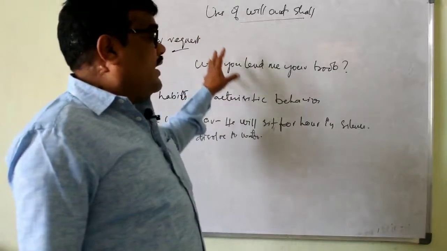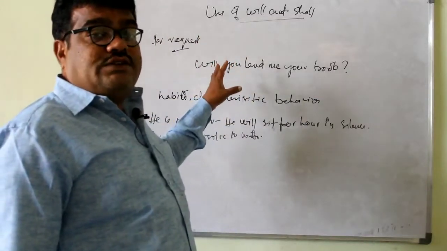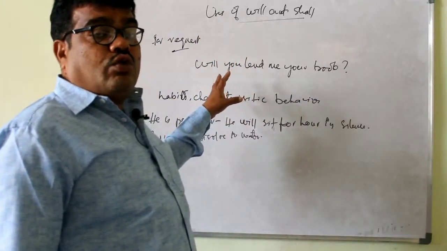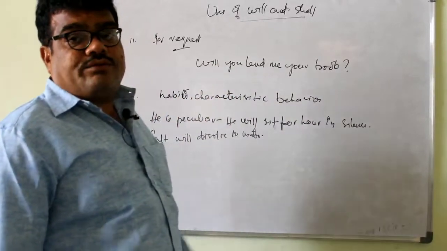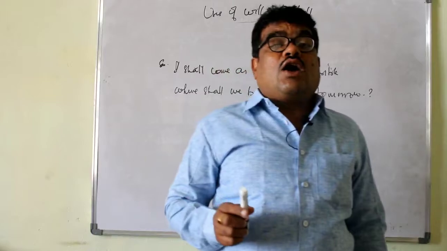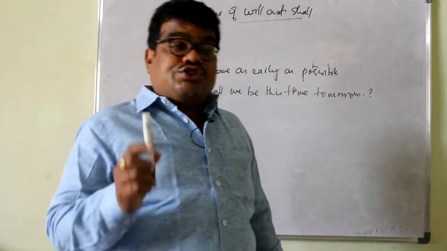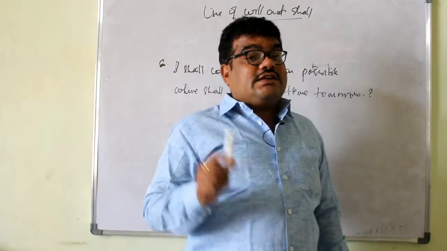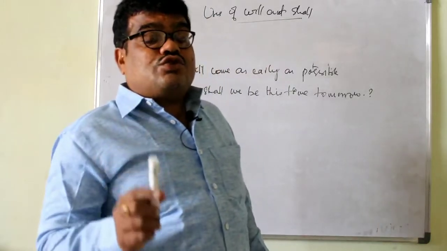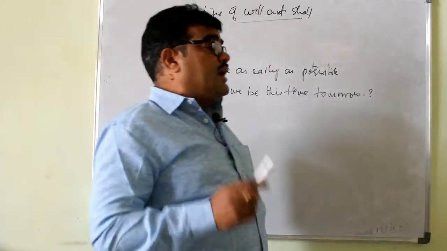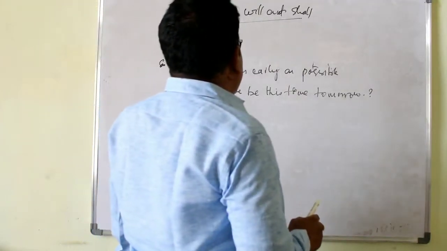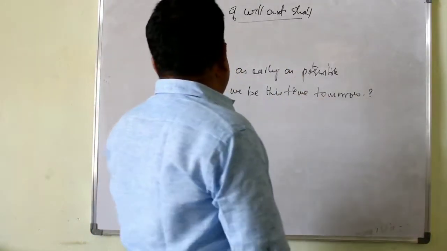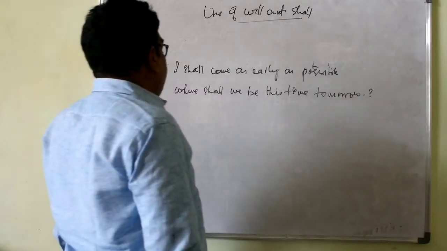So I have touched on where will is used. Now we shall go to shall. When and how must we use shall? Shall in an assertive sentence in the first person is used to indicate futurity. Example: I shall come as early as possible. Second example,